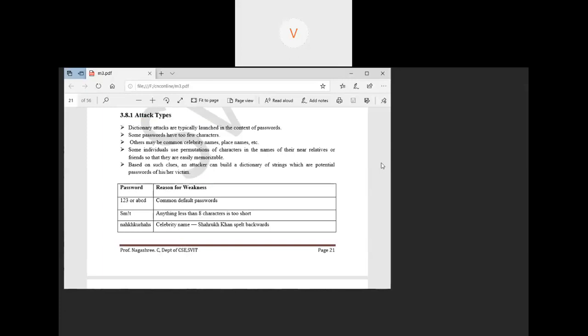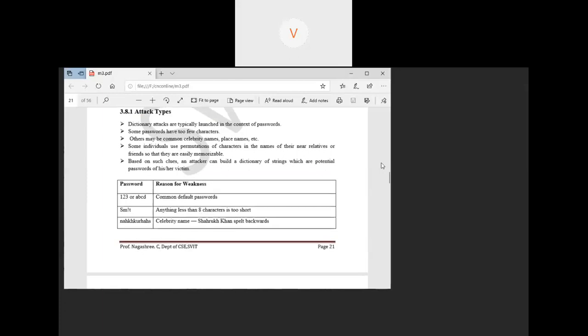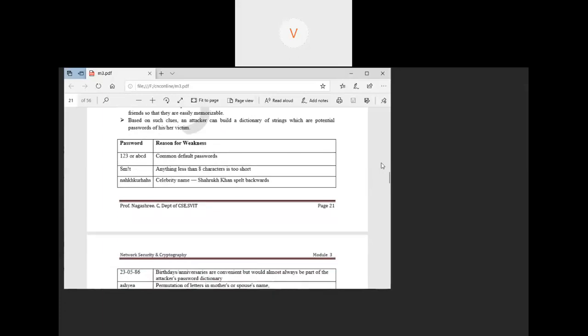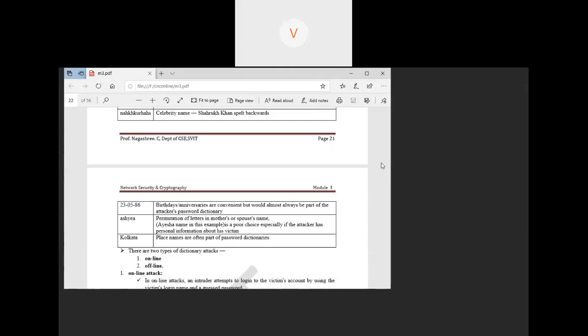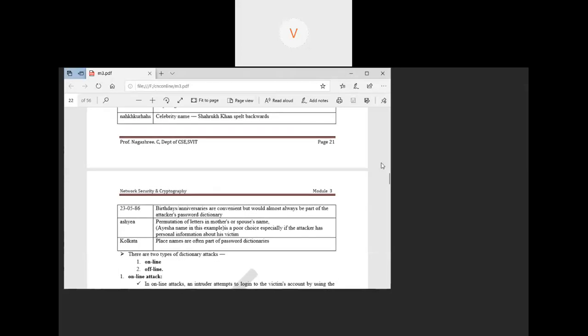Others may be common celebrity names or place names. For example, you can see the celebrity name Shah Rukh Khan, which has been written in reverse order. That can be guessed. The next thing is that some individuals use permutations of characters in the names of their relatives. For example, you have a relative called Aisha. Look here, Aisha has been written in reverse, or some rearrangement like HSA. Some rearrangement or permutation of that can also be